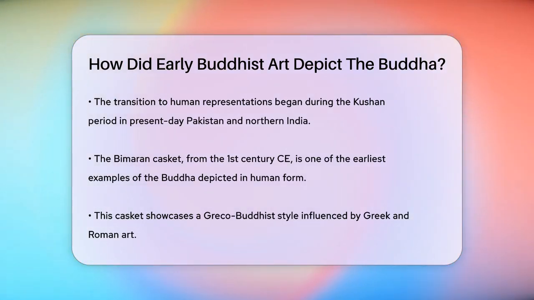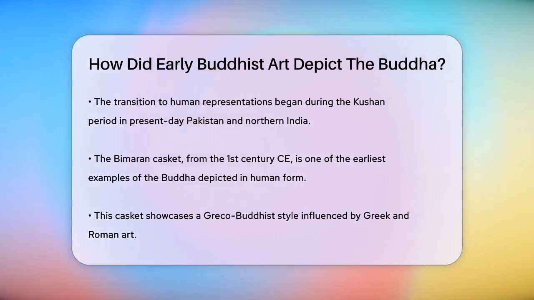However, as Buddhist art evolved, particularly under the Kushan rulers in present-day Pakistan and northern India, the Buddha began to be depicted in human form. One of the earliest and most famous examples is the Bimaran casket, discovered in Depict near Jalalabad in eastern Afghanistan. This casket, dated to the 1st century CE, shows the Buddha in a Greco-Buddhist style, influenced by Greek and Roman